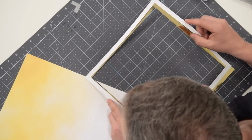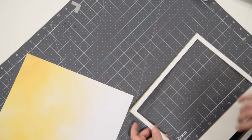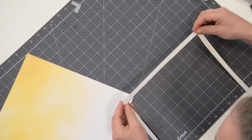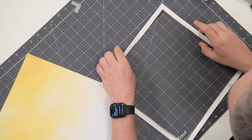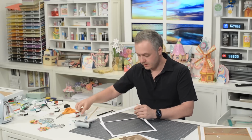Okay, so I'm going up here in the corner and up to this corner. I'd rather go higher than lower, and I just went too low. And let's see if I messed up. Nope, wow. All right, well, the angels are looking over me. Okay, so I've got that half in place. Okay, so all that's left to do now is